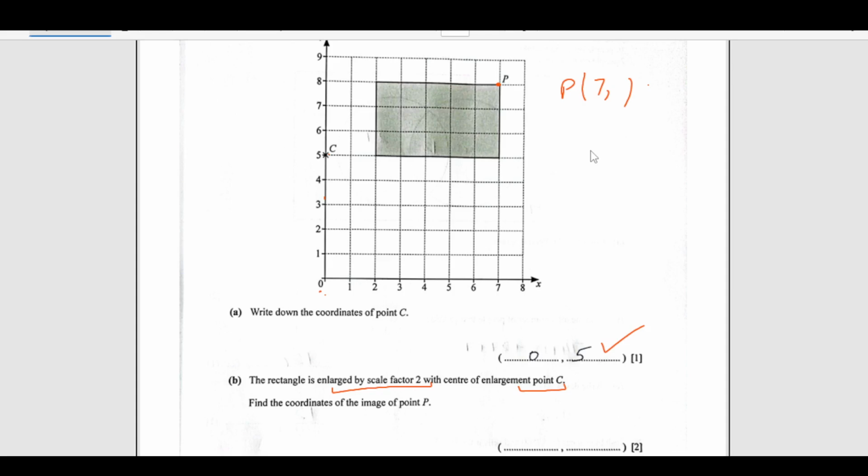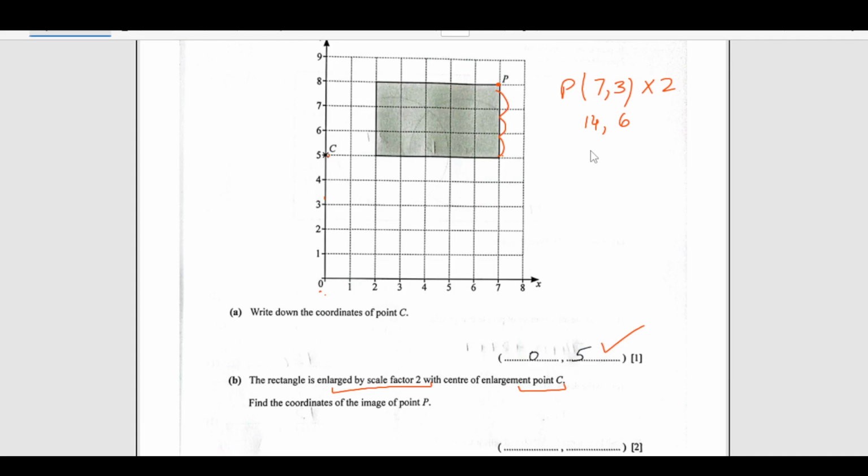From C along the x axis it is 7 and then it has gone up by 3. That is why I am taking 3. Now, this is going to be doubled, right. So, this will become 14 and this will become 6, right. So, 14 and 6 we are going to take,